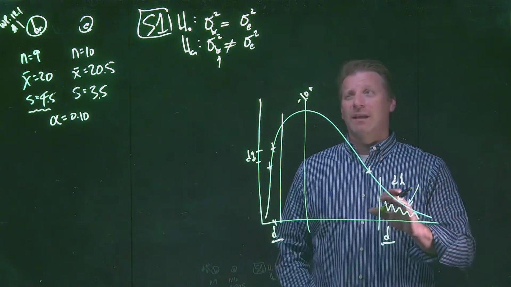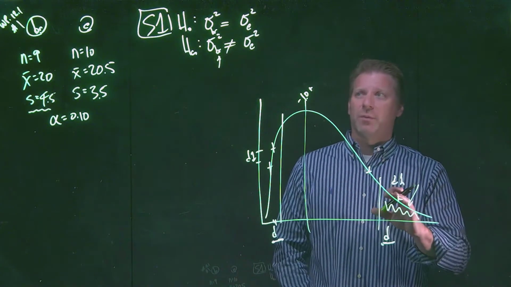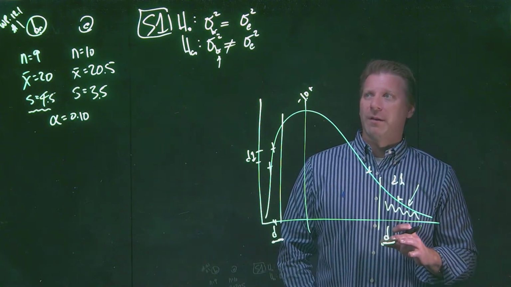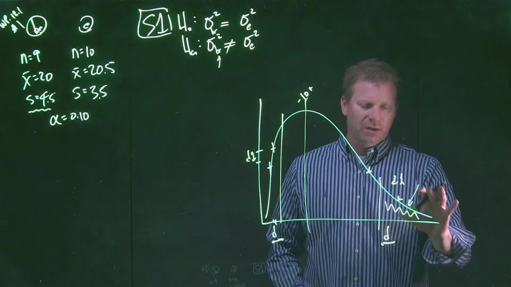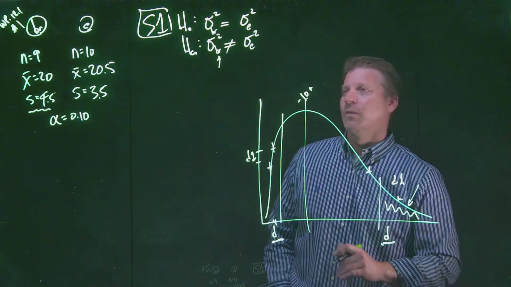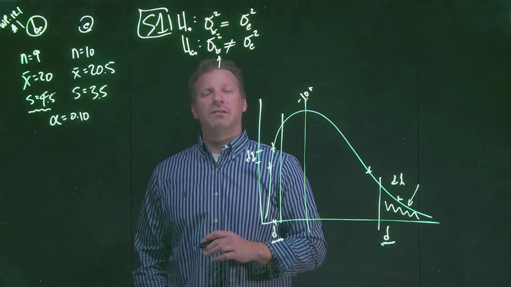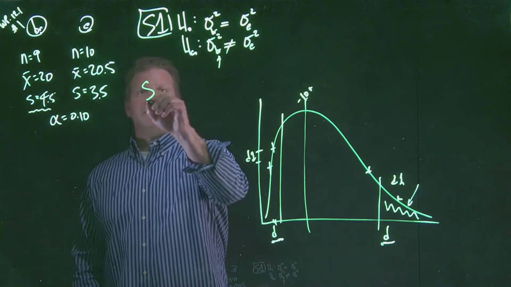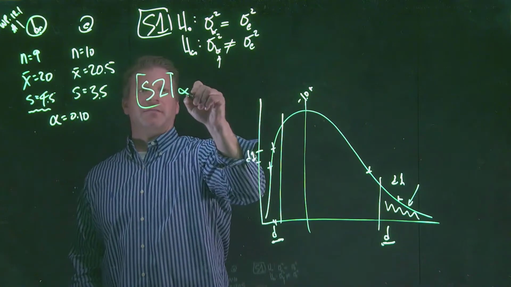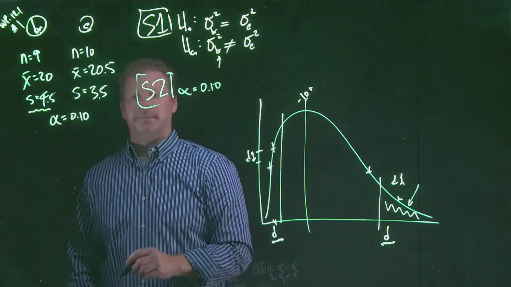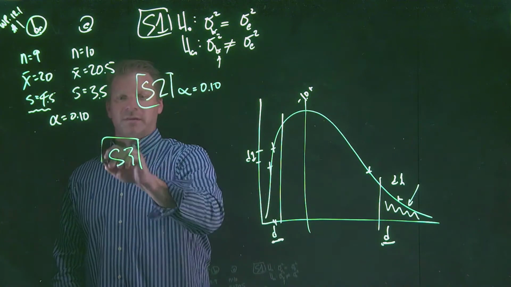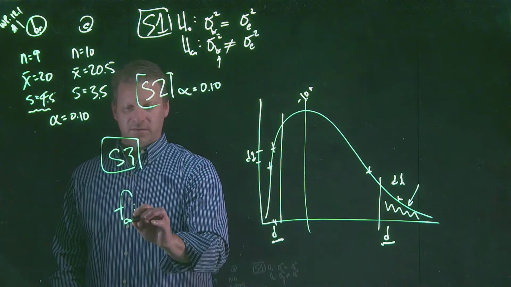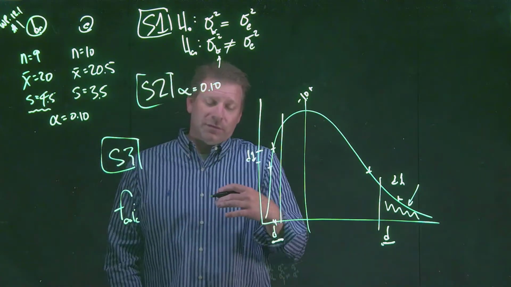And again, in this case, because it's an equals and a not equals, it's not quite as important. But when we start to introduce inequalities into our null and alternative hypotheses, we want to try to ensure that we're working on the right-hand tail. So our statements are similar but slightly different in that we're now looking at 2 variances. Our second step here is to state our significance level. Again, our type 1 error is 10%. Step number 3, when we start to actually go in and calculate these different F calculated values, I was about to say the fun part.